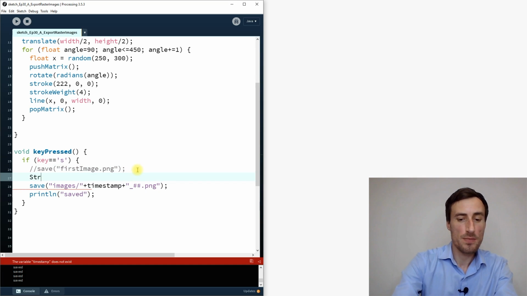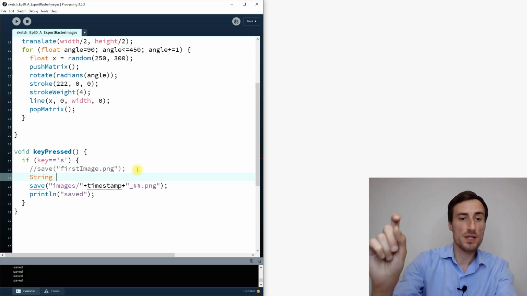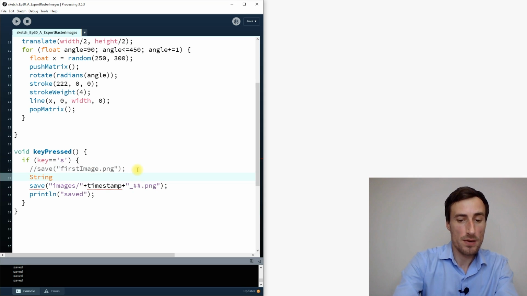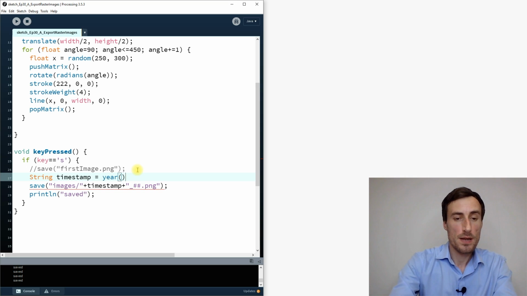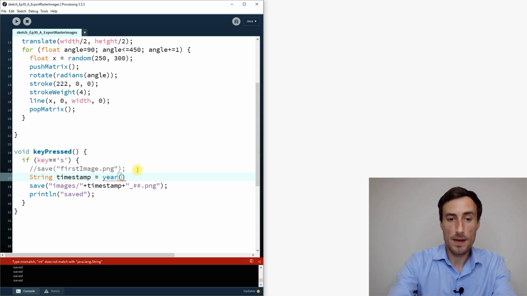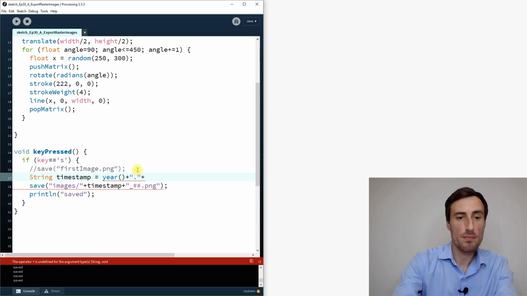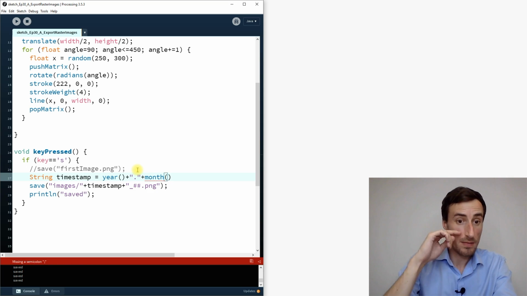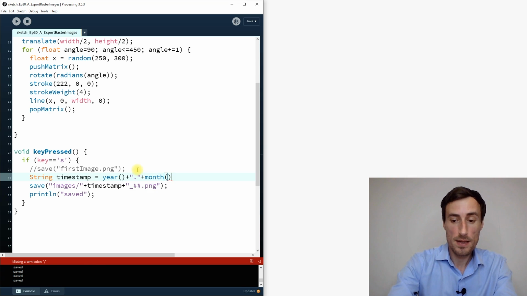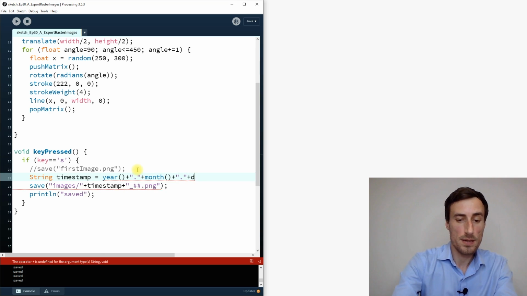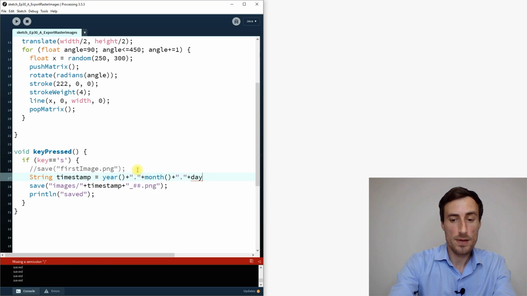All right, so timestamp. How to do a timestamp? Timestamp should be a string. String means there should be just words or characters, and we call it timestamp. And then we say the timestamp should compose of year. Then I say plus just a dot, period, and plus month, because usually my archive has a lot of images throughout the years. And then plus again the same, and then plus day, then again day plus